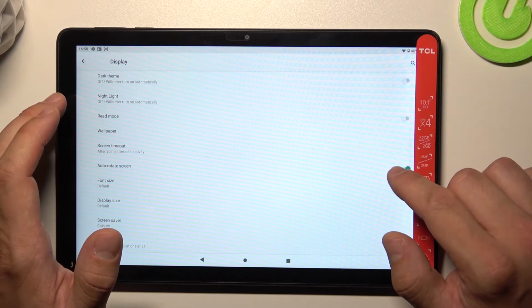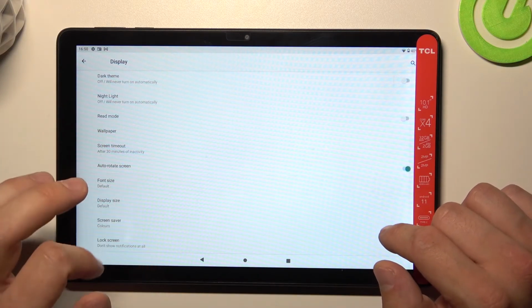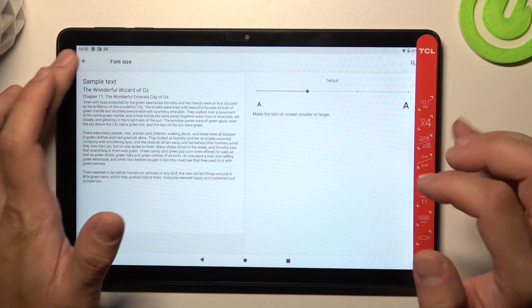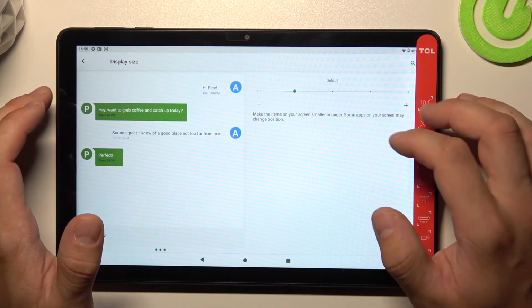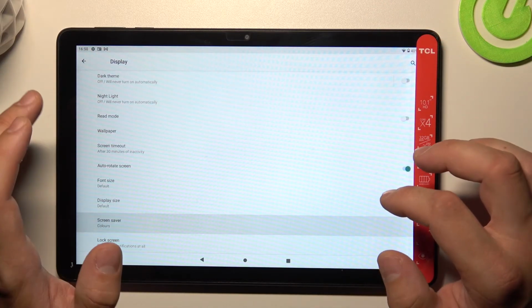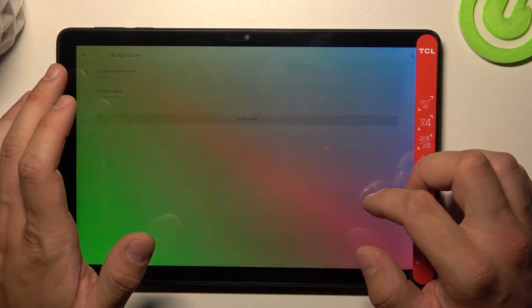Next you can enable or disable auto rotate screen, change font size, display size, set screensaver,